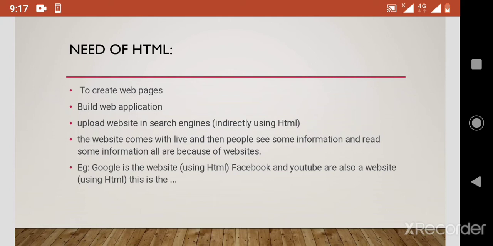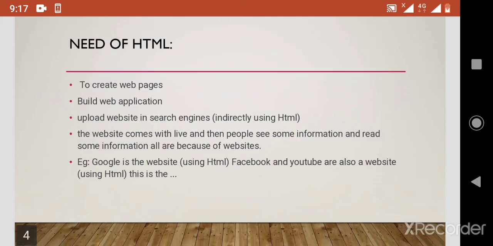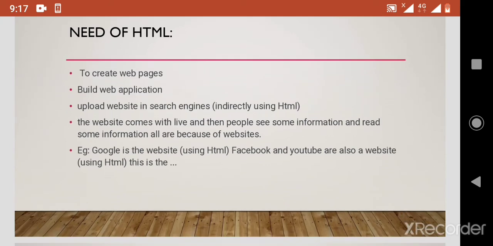So here is the need of HTML. First is to create web pages. Next is to build web applications, upload websites to search engines, and the website comes live and people see and read some information.